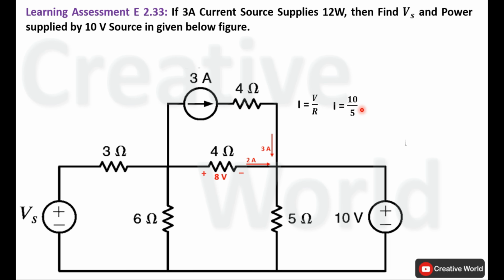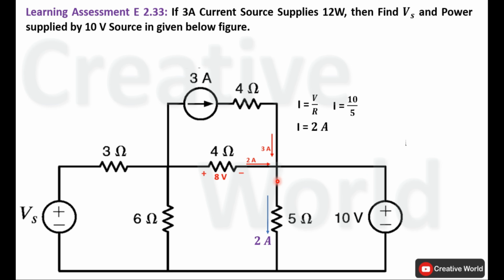I equal to 10 divided by 5, and the value of current will be 2 ampere. Now the direction of current from this 5 ohm resistance will be from upward to downward. At this stage we have identified and calculated these three branch currents along with their directions. So we can implement Kirchhoff's current law on this node to calculate the value and direction of current through this